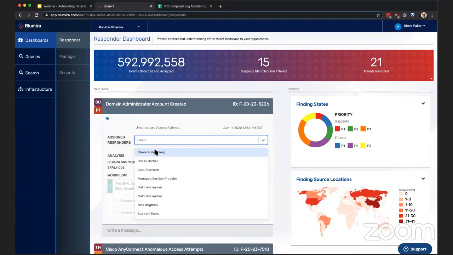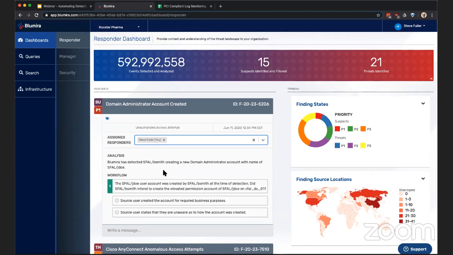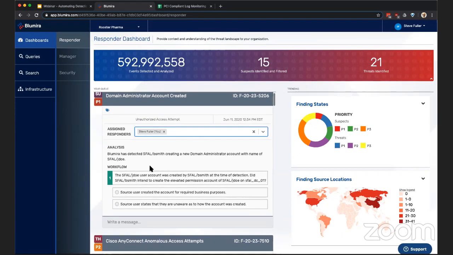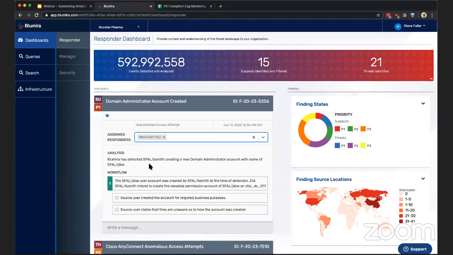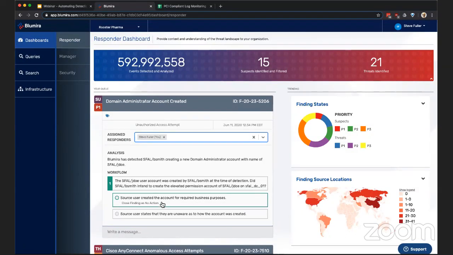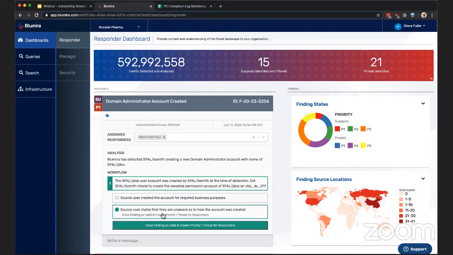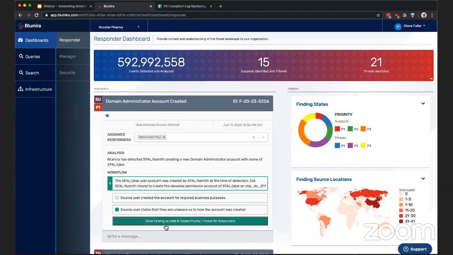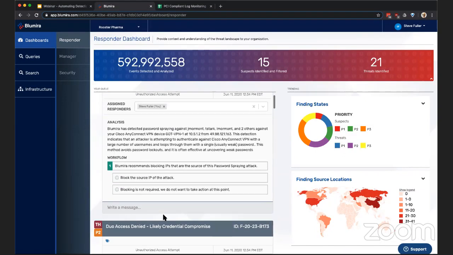And we alert you, credit card fraud notification style. Here's what happened: a new account was created. Is this expected? If it is, then we can dismiss it. Don't need to worry about it. Don't need to talk about it. If it's unexpected and unauthorized, then we just check that box, and that'll automatically escalate the threat